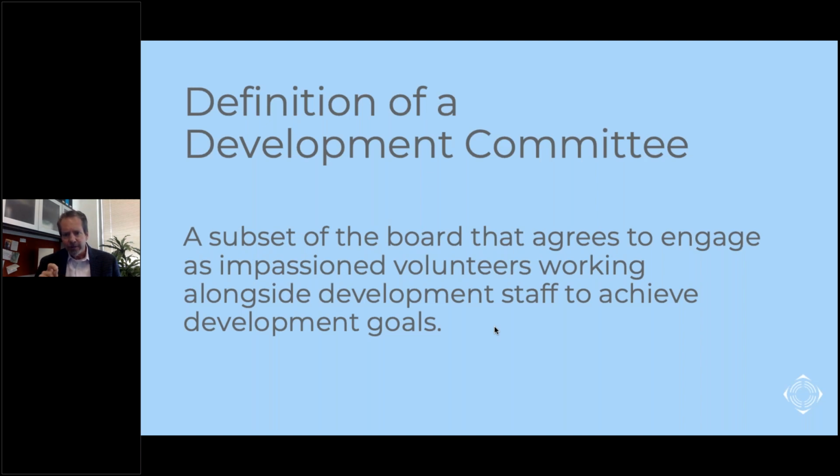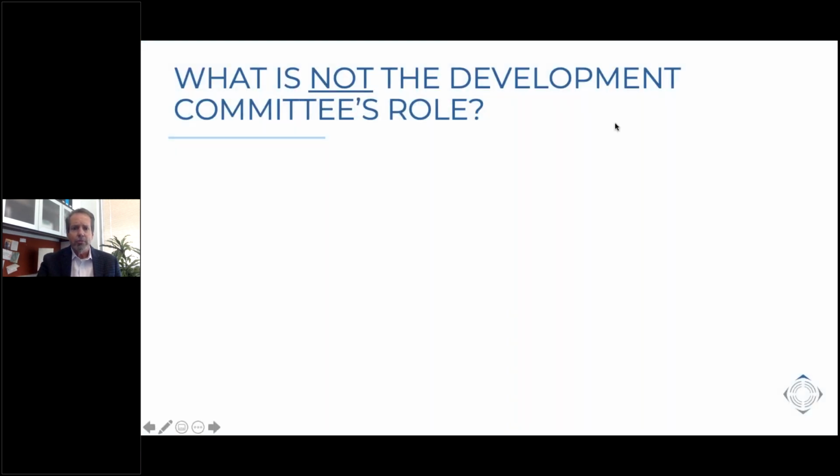Unfortunately, there are very few development committees that exist today that truly carry out that role. They have a tendency to act more like the other boss of the development department. They come in and think, well, it's our job as a development committee to come up with new events or launch new activities, and to tell the development director what we want them to do this year. And that should never be the role. That has to be redefined probably by your governance committee or by the board itself if you're going to change it, but it's an important piece for you to get squared away.